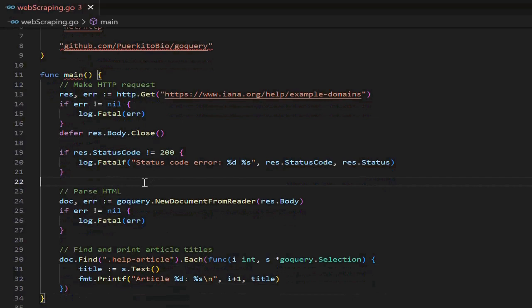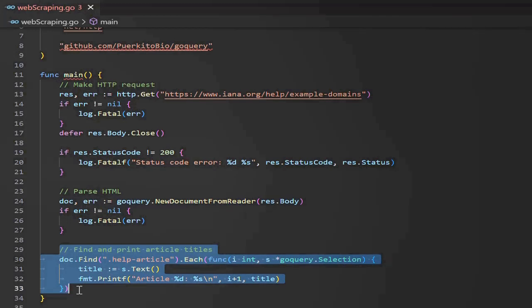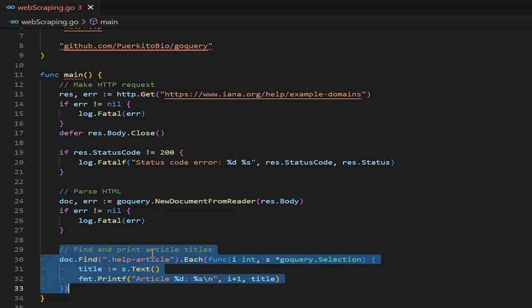content. So here, with the use of GoQuery, I have created a new document where I am passing response.body. And in the doc variable, I will be getting all the content of the web page. Here we are getting all the content from the web page. Now here, I will be extracting the required data only. As I told you, I will be focusing on that specific class.